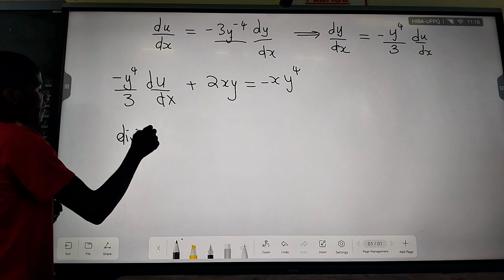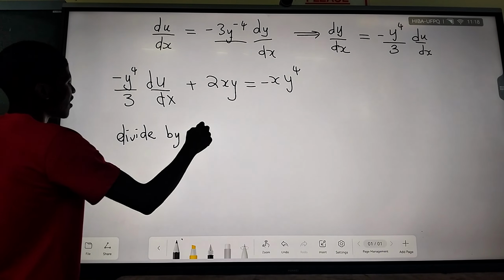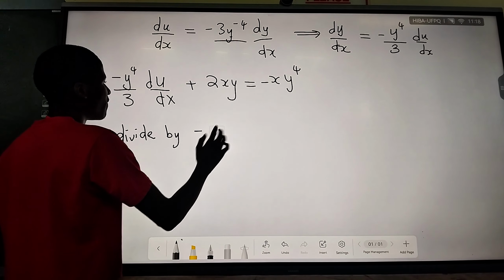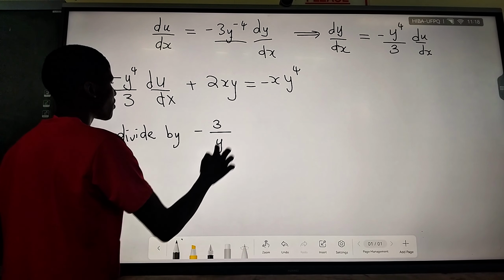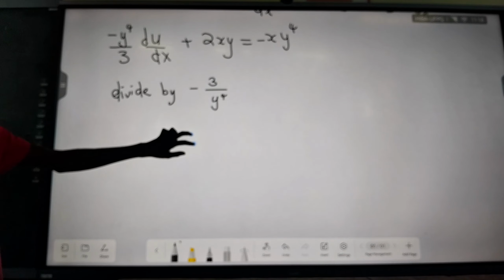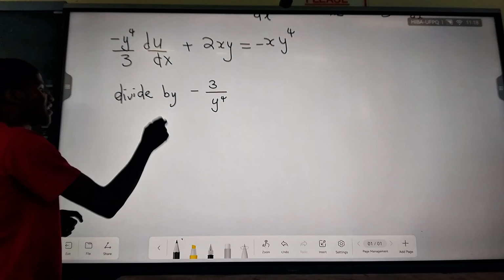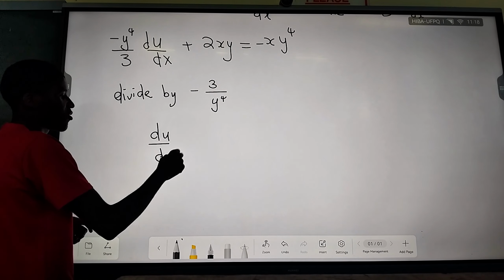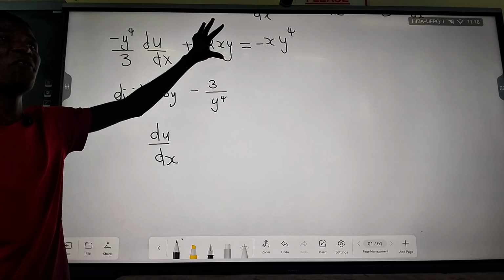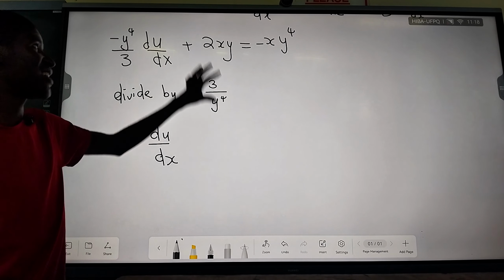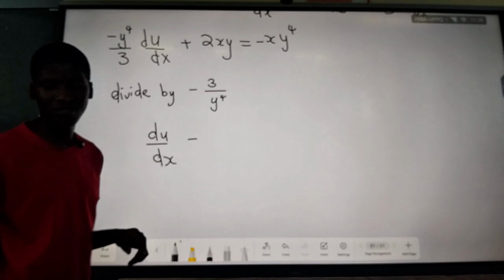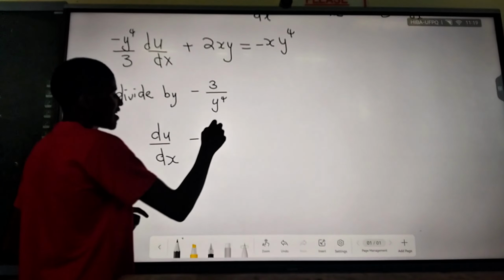So we can divide by negative 3 over y to the power of 4. Yes, the mathematicians will tell us. Let's divide, and that's du dx. Then if we divide by this term here, please be careful. Dividing these two, we get du dx, minus 6x